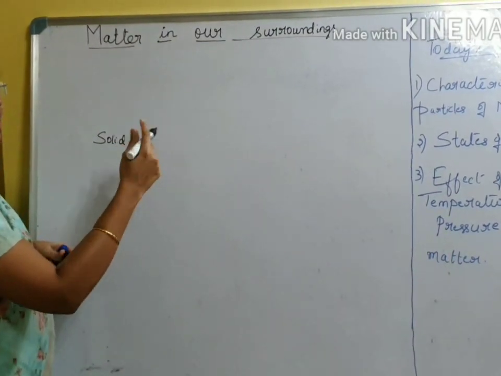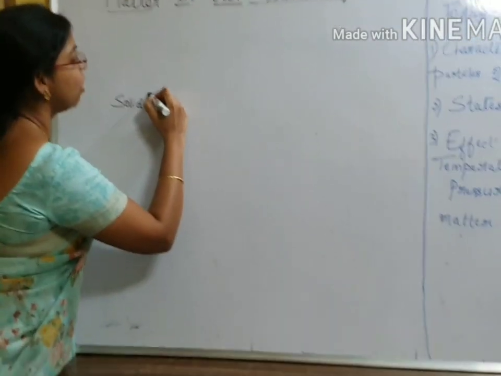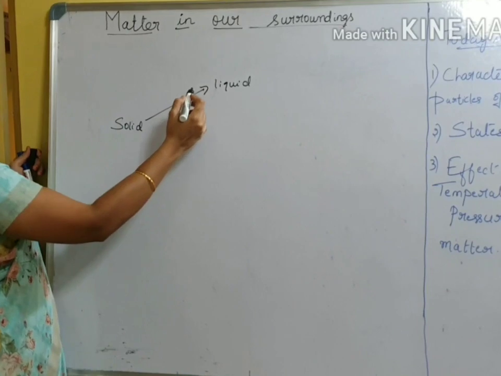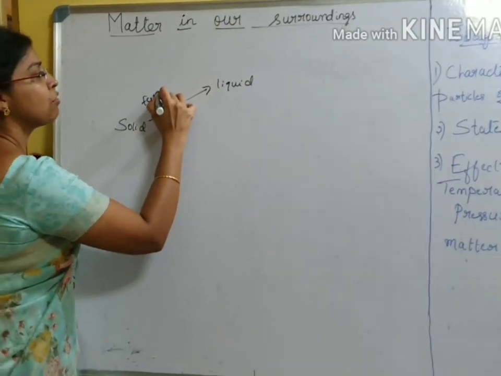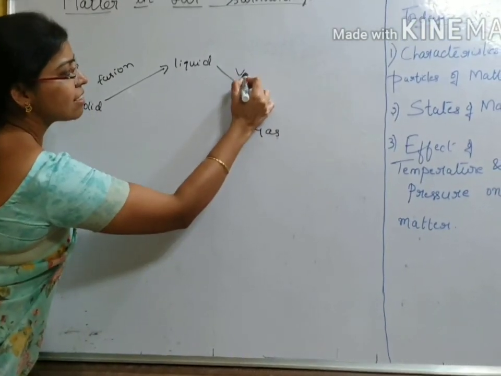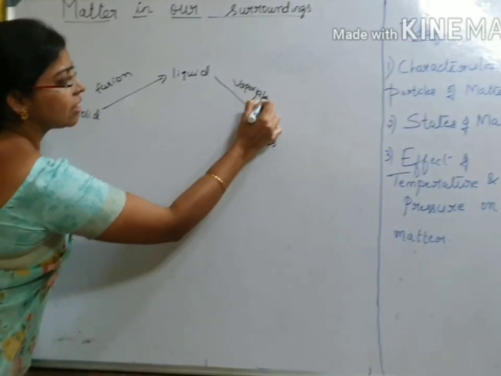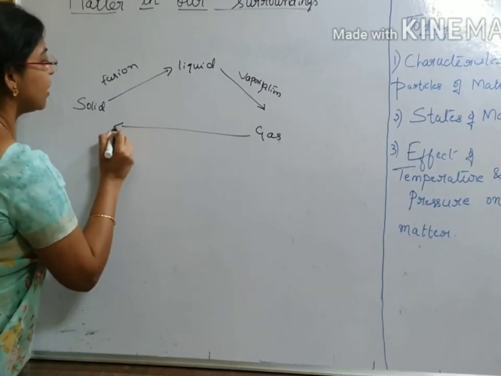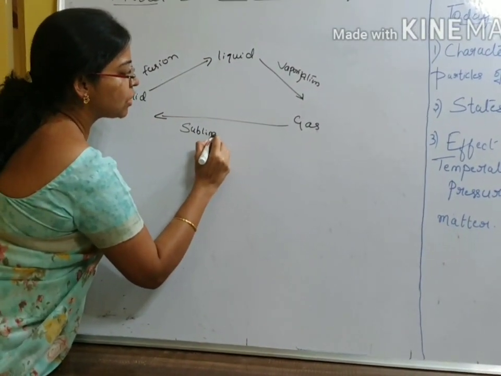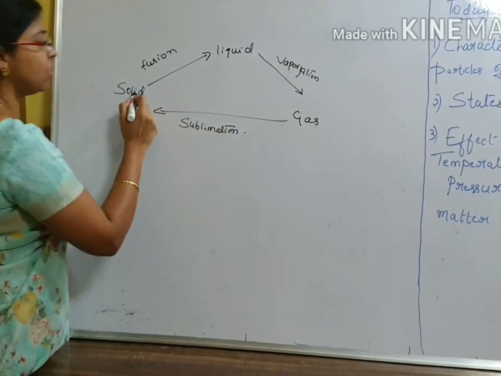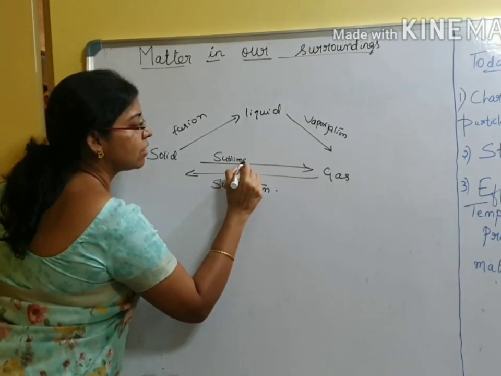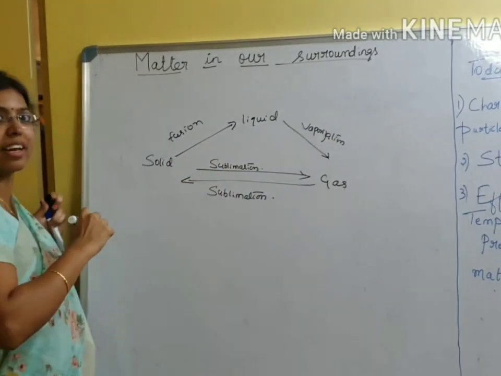We will summarize the entire interconversion of states of matter into a small flow chart. When a solid is melted, it is converted to liquid. We call that fusion. When a liquid is converted to gas, we call that vaporization. When a gas is converted to solid directly without going through the liquid state, we have seen that it is sublimation. Similarly, when the solid is getting converted to gas, it is sublimation. We saw dry ice as an example here.